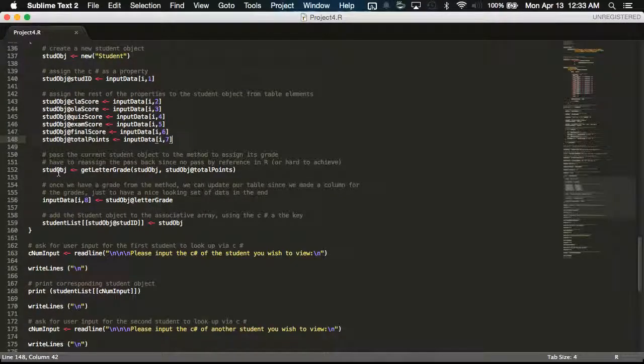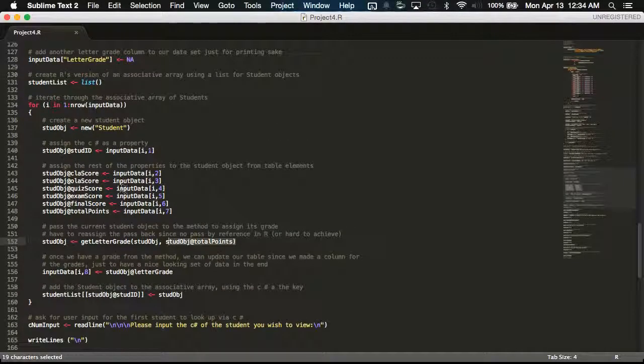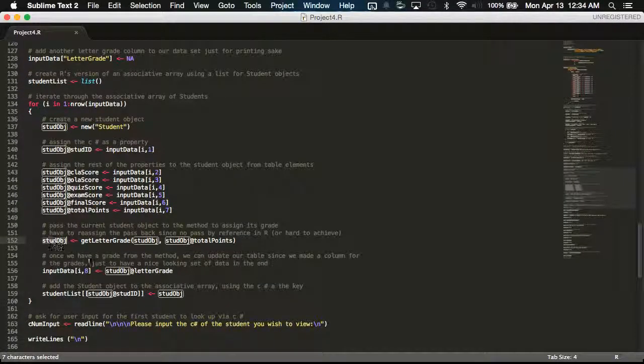So what I'm going to do is take the student object that I created and pass it into that method that I created, which I told you we pass in the object by value. So it sends a copy of this current object with all these. And then the total points was the other parameter that you used to figure out the grade. And then that's going to come back with the same object that has the letter grade inserted. So I just assign that student object with the grade to the one I'm already working with here,